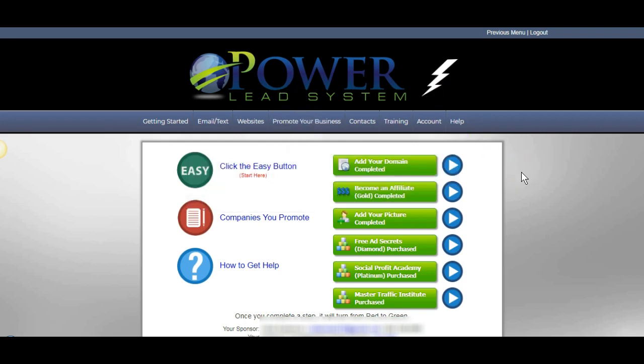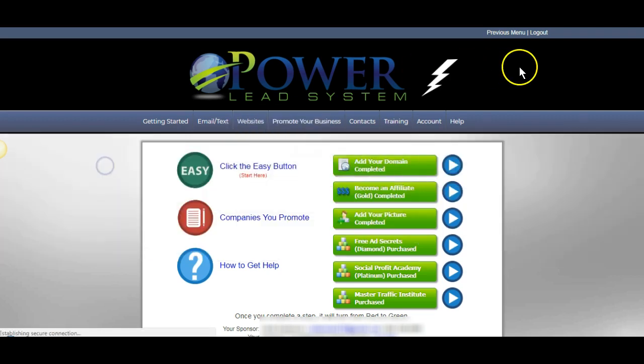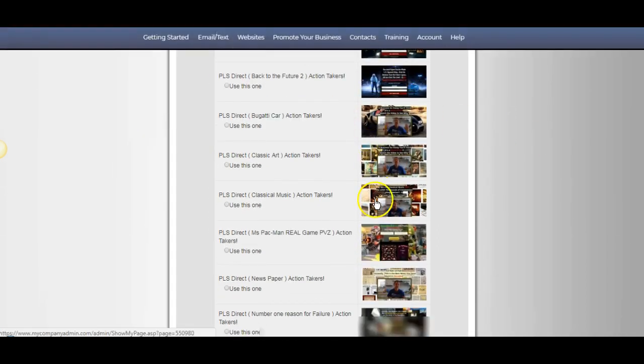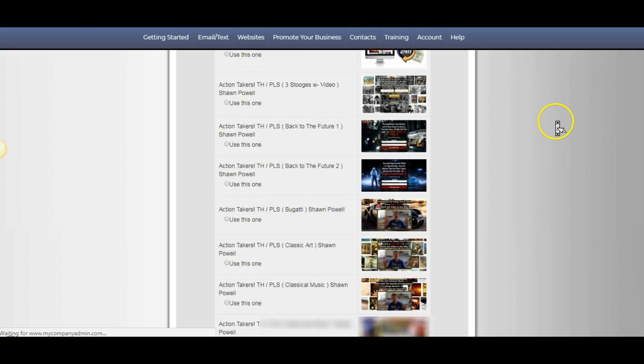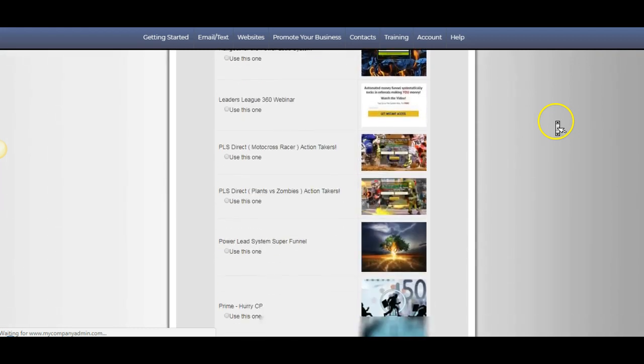Yeah, it's just a great traffic generation tool, and it comes with capture pages and sales pages, unlimited of all this stuff. Let me just go in here once and I'll show you. You can create sales funnels in here, get your domain in here. It comes with an email autoresponder, with pre-written emails already in it. And this is a complete marketing business in a box. These are all capture pages here as I scroll down through. A lot of these I've added over the couple of years, but it comes with a bunch of pre-written ones